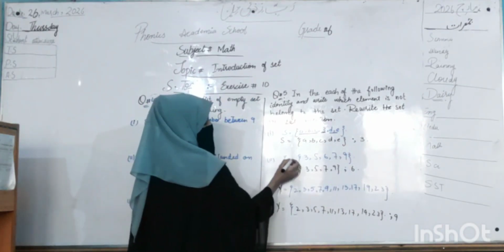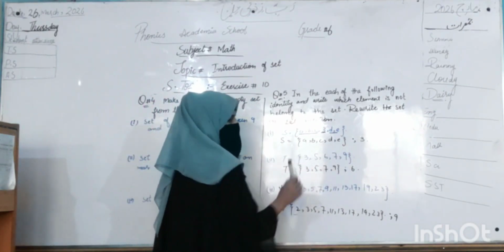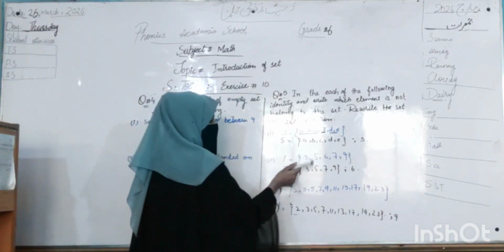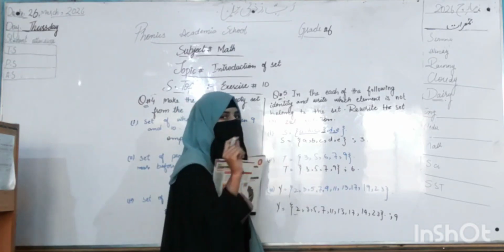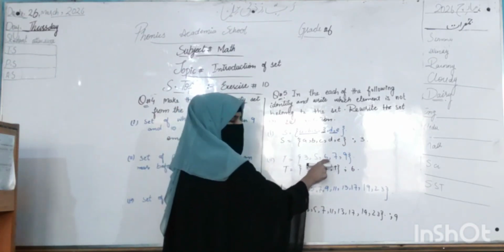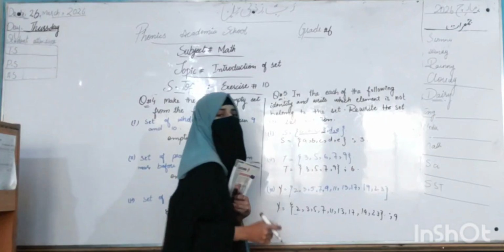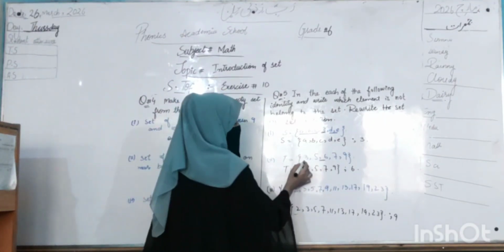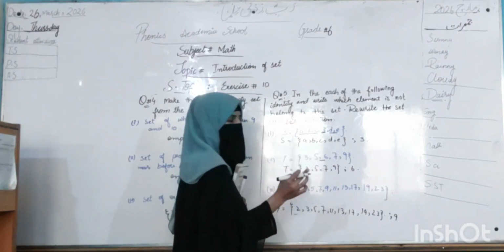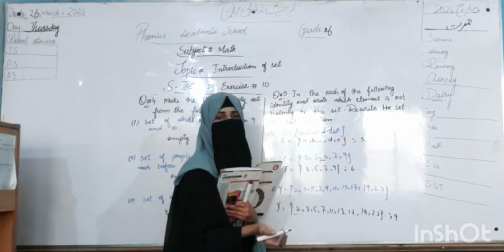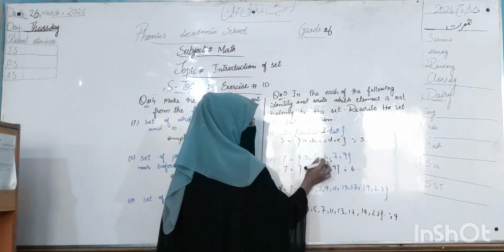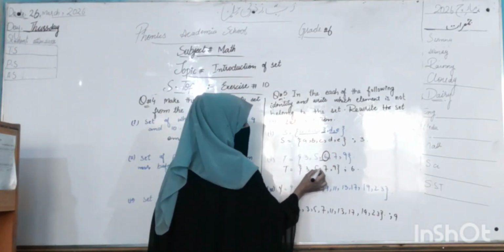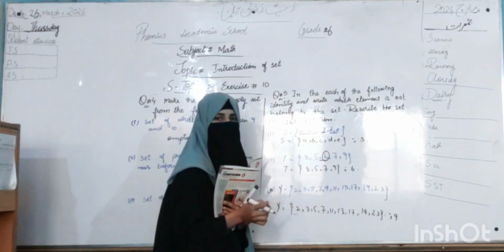Then part 2, T is equal to {3, 5, 6, 7, 9}. So students, how do we find out which number doesn't belong? If we find the difference: you see that after 3 comes 5, 4 is not there; after 5 comes 6 and 7, but 7 is followed by 9. So students, you see that the differences are not the same. So we write 3, 5, then after skipping one digit we have 7, and after skipping one digit 9. So 6 does not belong to the set. So we write T is equal to {3, 5, 7, 9} because they belong to each other.